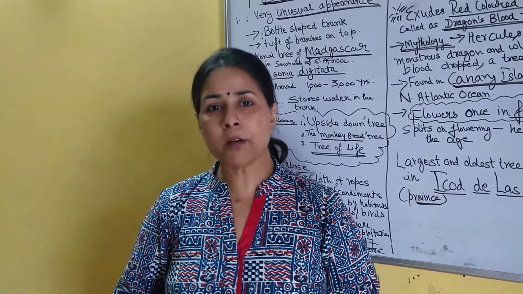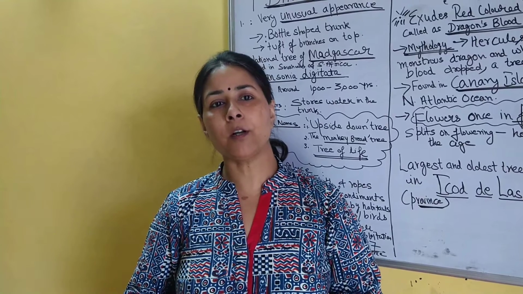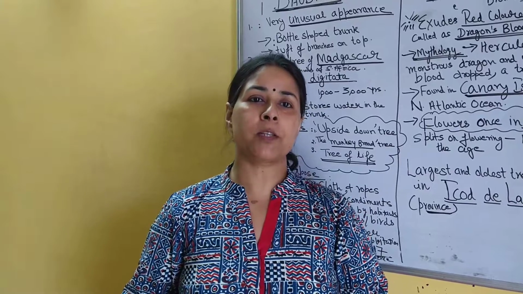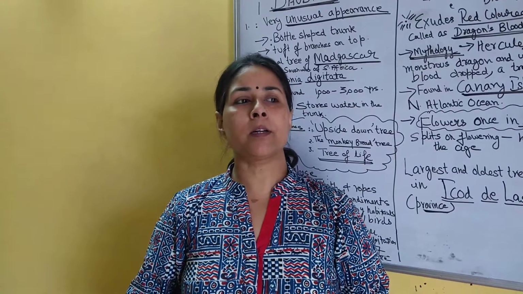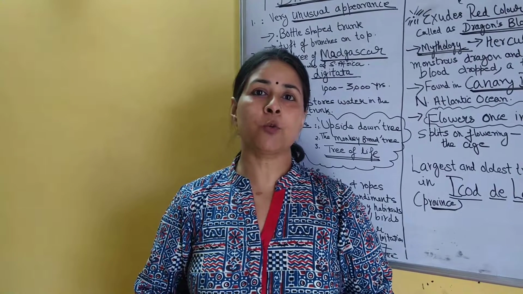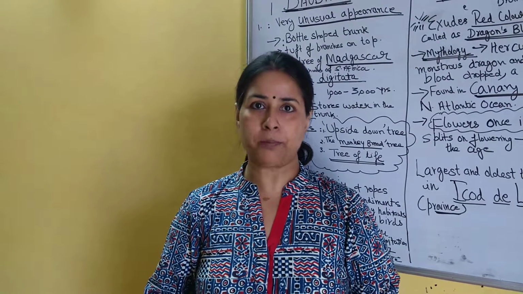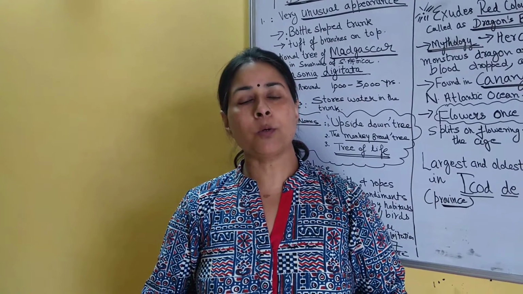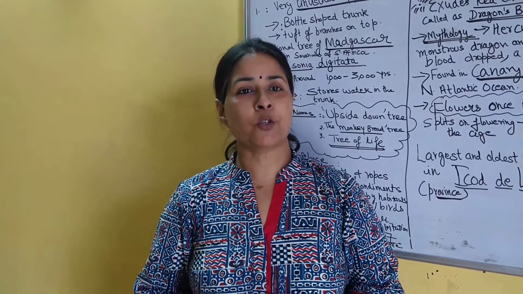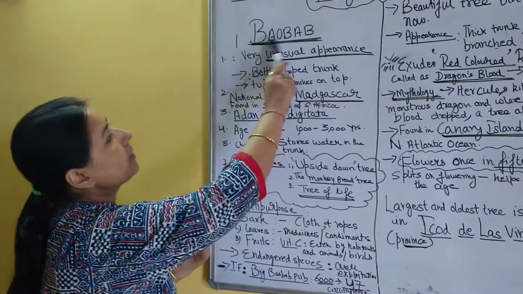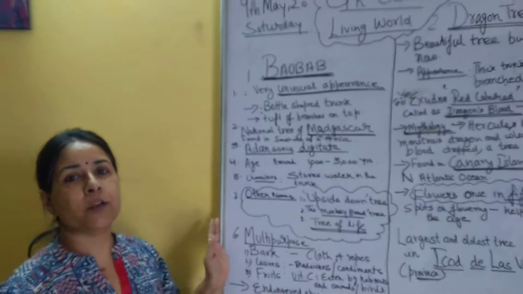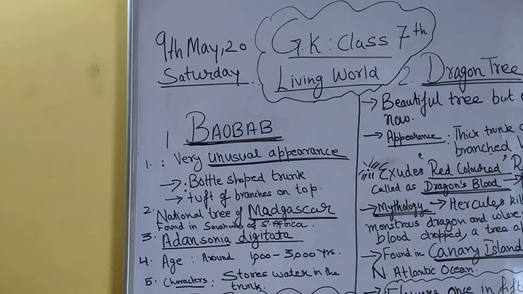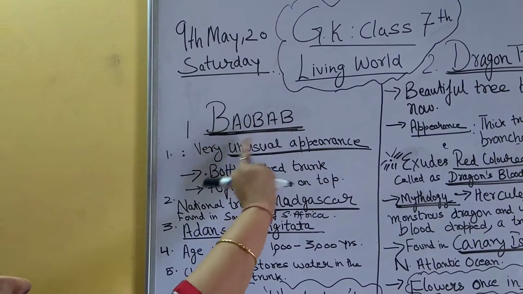So now, not wasting much time, I would like to come on our topic. In GK today we will be starting with the first unit, which is Living World. In this unit, different unusual, unique animals and plants are talked about. Moving further, I will first talk about the first unusual plant, which is known as baobab. The pronunciation is slightly difficult, but if you check the spelling, you can easily spell it rightly, pronounce it rightly. It is baobab, not very difficult, baobab.